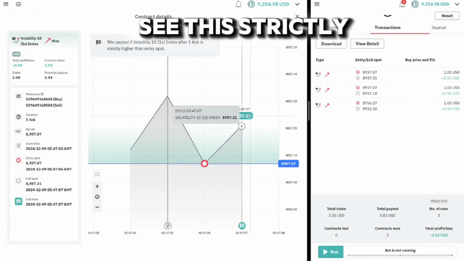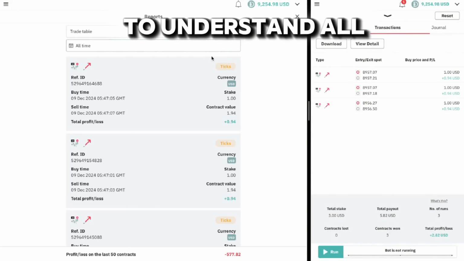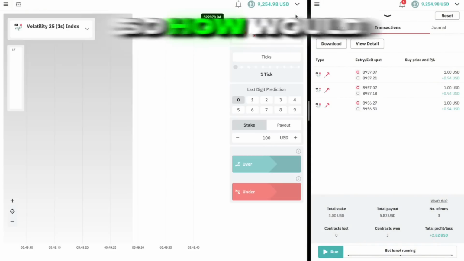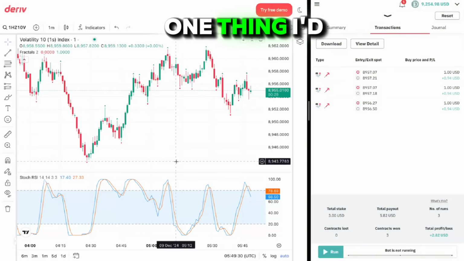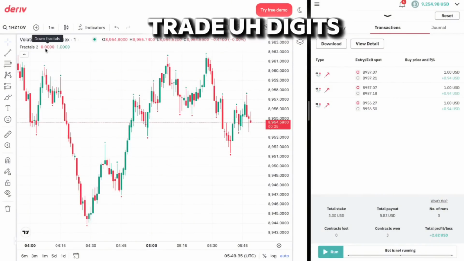So you can see this is strictly higher. That's why we won. So it's good to understand all these terms, and it's good to understand everything that is happening here. So one thing I would like to mention just here: how would you trade digits